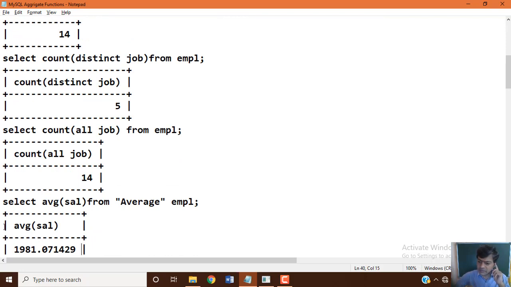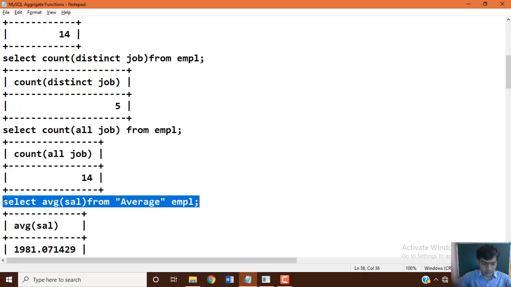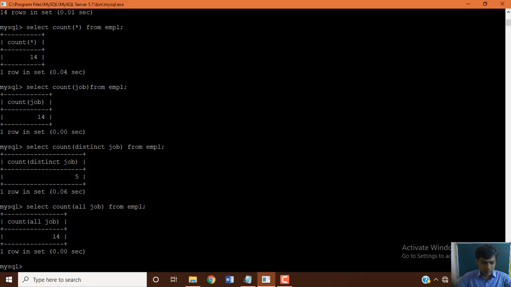Now we are proceeding with another example, the average function, which you can see how it works. Select AVG.